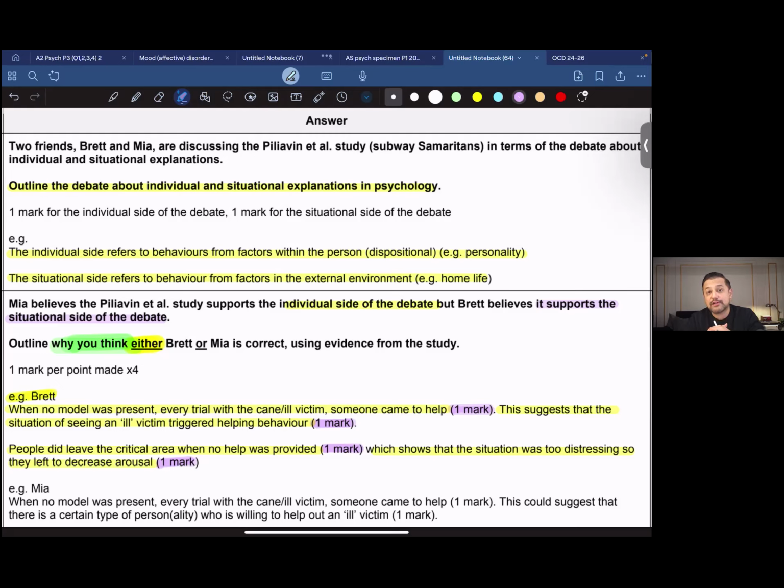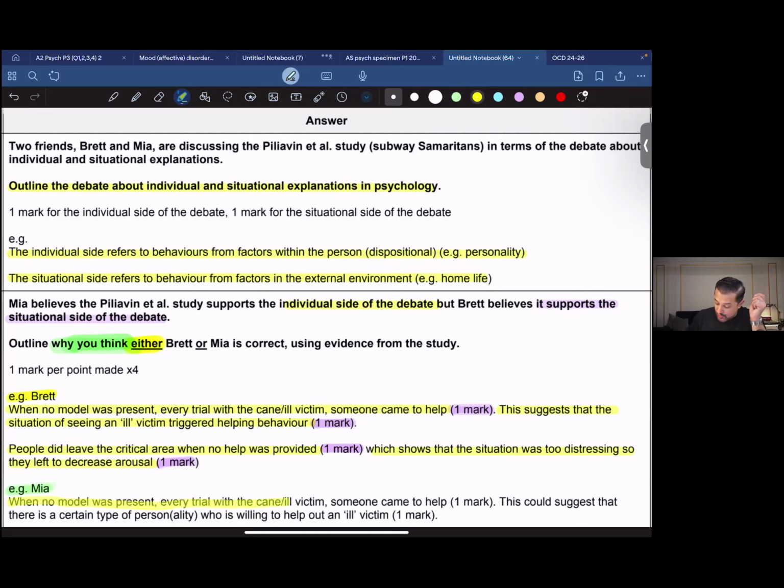In the study conducted by Piliavin et al., we're talking about two friends discussing that study and debating the extent to which this particular study supports the situational side of the debate or the individual side of the debate. Moving on, if we try taking sides with Brett over here, when no model was present,